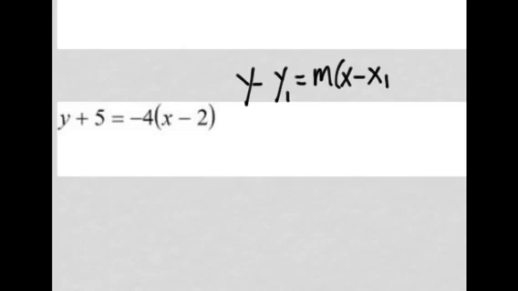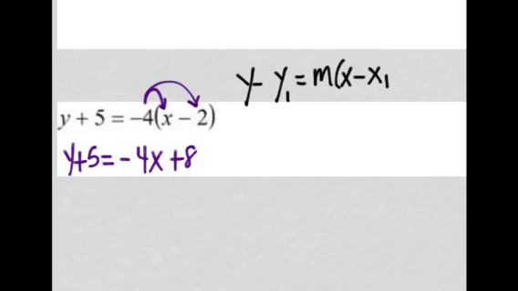Alrighty, we are going to start on point-slope form. We need to begin with our equation, which they've already written in point-slope form. We just need to turn it into slope-intercept form, which means it looks like every other equation except we have two variables and we're going to keep y by itself. So I'm going to begin by rewriting my y plus 5. Once I've done that, I can do the distributive property over here, negative 4x plus 8,